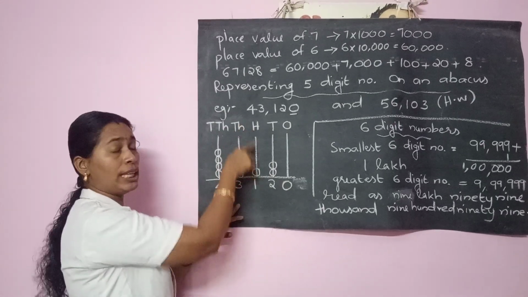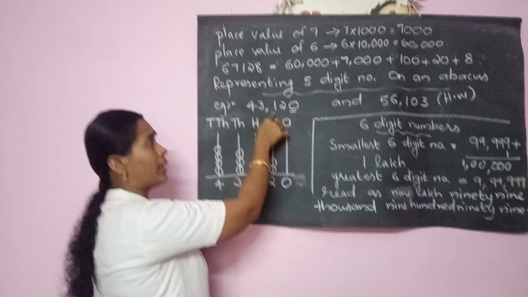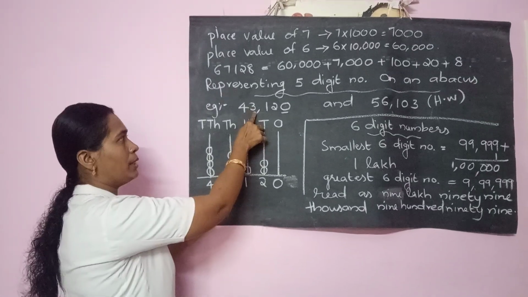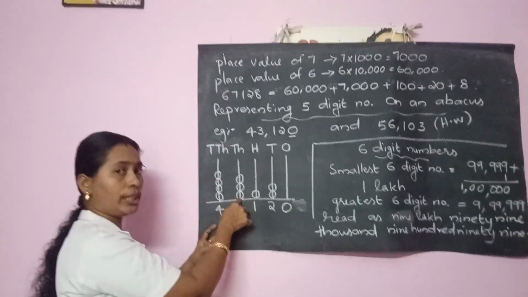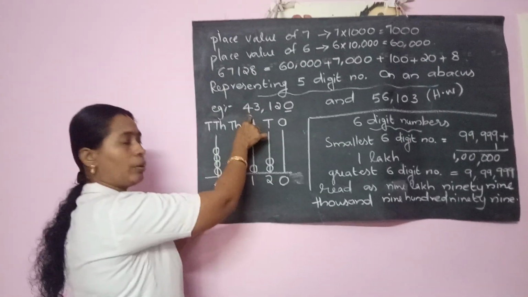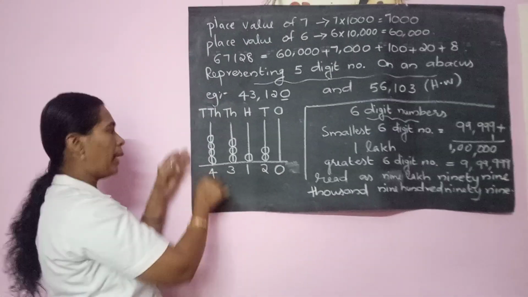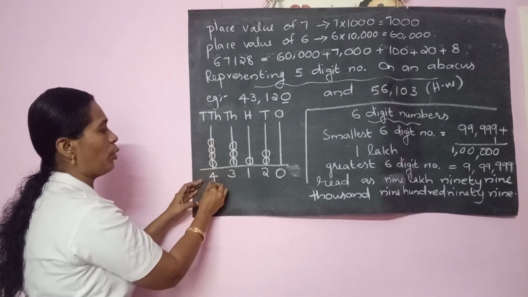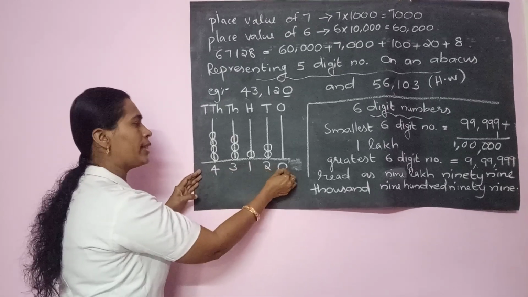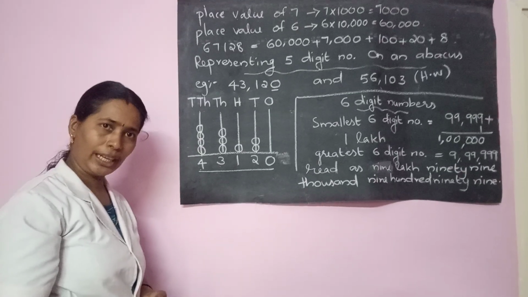Then comes the case of hundreds. The needle shows hundreds. What is the digit? 1. So how many beads required? 1 bead. Then comes 3. How many beads are there in 1000? 3. And for the 10,000's column, how many beads required? 4 are required. And below the needles, you write the corresponding number also. So 4, 3, 1, 2. Nothing is there, so what do we want to write? 0. Okay. Is it clear?